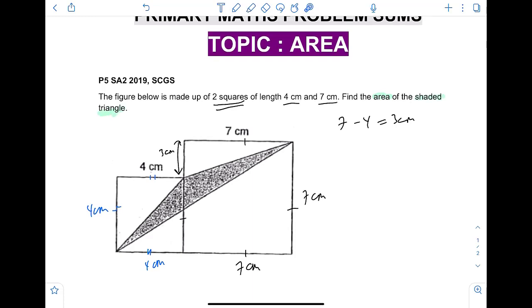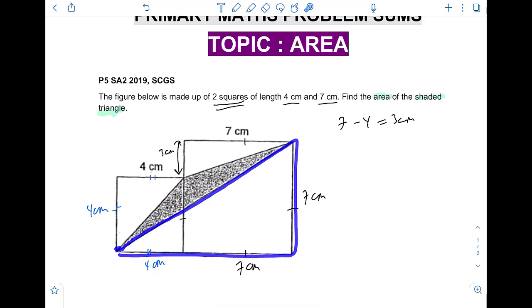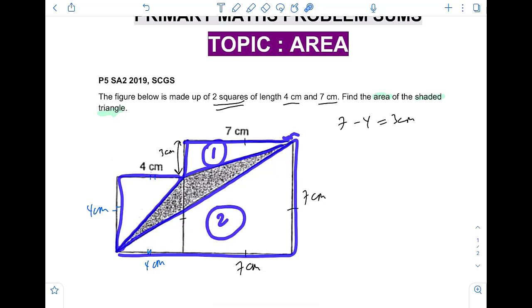Okay, now to do this question, we need to make use of the squares and also some triangles as well. So one of the triangles we have is over here. Okay, another one over here and another one over here. Alright, so we have 3 triangles. Okay, 1, 2 and 3. If we take the area of both the squares minus these 3 triangles, we are able to find the area